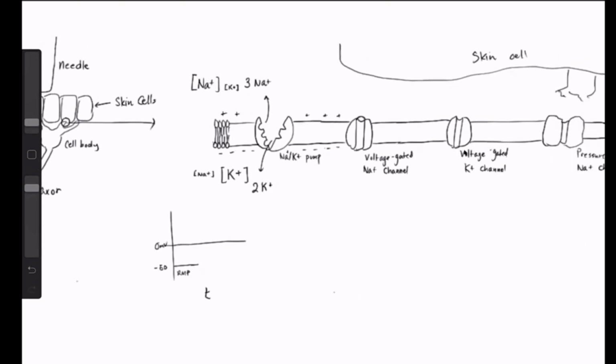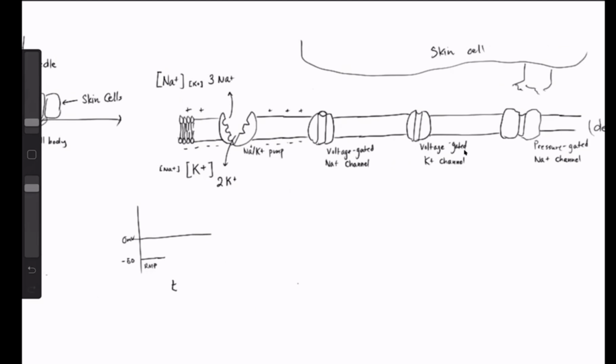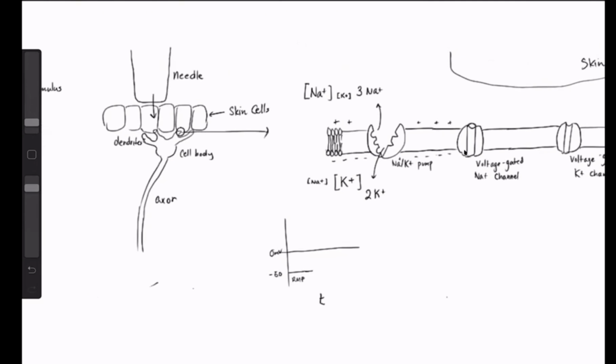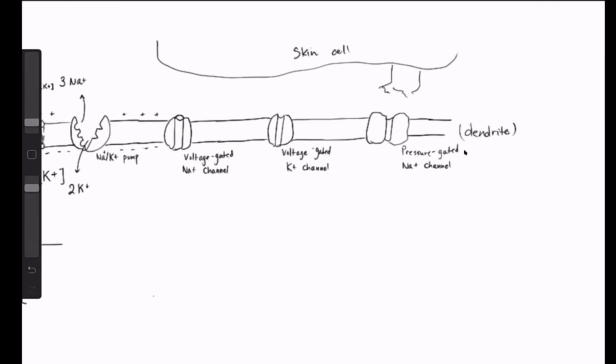All right. Now, how do we get the information of this pinprick into this nervous tissue, into this neuron? Well, let's take a look at the bigger picture here. As the needle presses down against this cell, it's going to press down against the neuron too, because, well, physics can't really escape it. So if we kind of looked at the zoomed in section, as the skin cell starts to press down against this neuron, it's going to do something to this guy on the very right side,